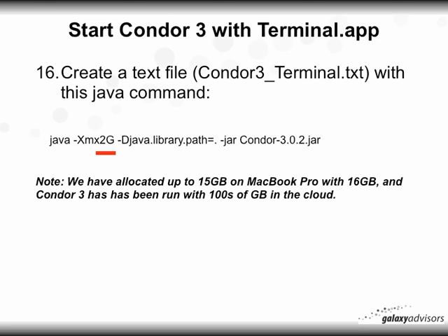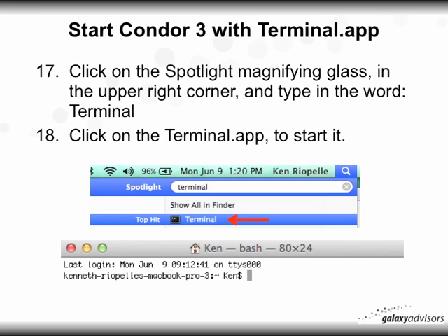We have allocated up to 15 gigabytes on a MacBook Pro that had 16 gigabytes of memory, and Condor 3 has been run with hundreds of gigabytes in the cloud. So again, using the command terminal prompt and setting the amount of memory is more efficient. You should allow at least 1 gigabyte for your Mac to use, so you really can't set it all to the Condor jar. So in step 17, again, click on the Spotlight magnifying glass in the upper right corner